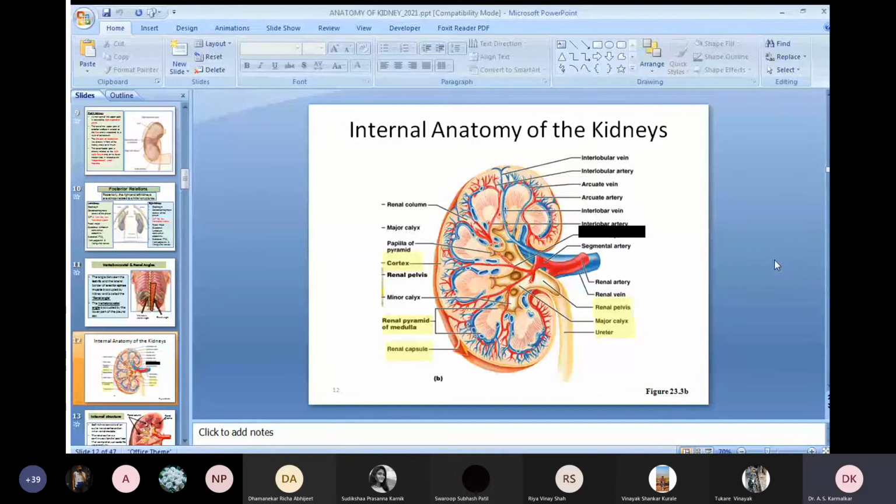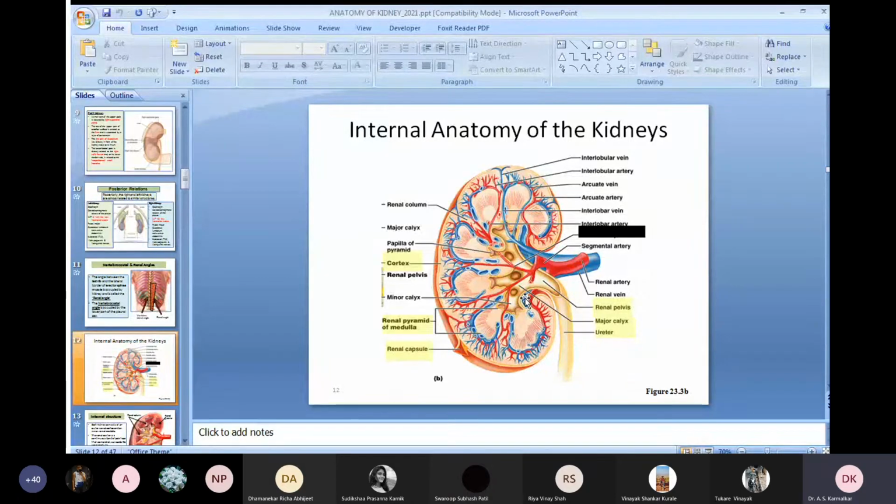Now coming to the cross section of the kidney, it is showing two parts, that is cortex and the medulla. Now if you see in this kidney, the peripheral part is the cortex, and you can see the pyramidal shape, that is the base is directed outwards and the apex directed towards the renal sinus. These pyramids form the medulla, while all the remaining part is the cortex. So this cortex will run in between the pyramids. So that part is also called the cortex. So except these pyramids, the remaining part is the cortex.